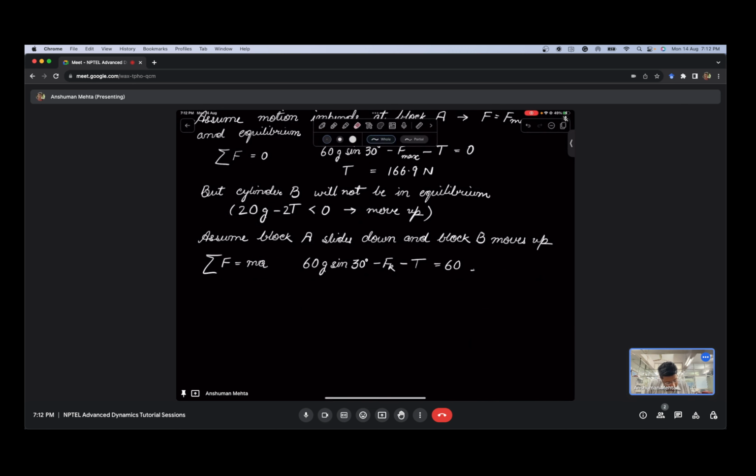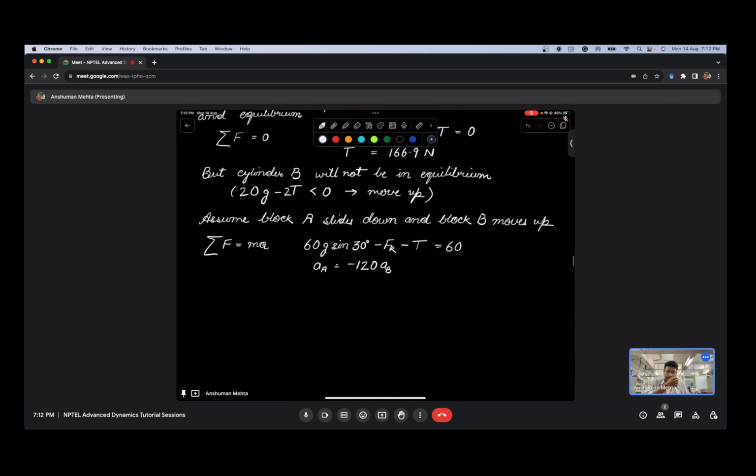So this gives us AA equal to 120 AB. This is the first equation. Twenty G minus 2T is equal to 20 AB,